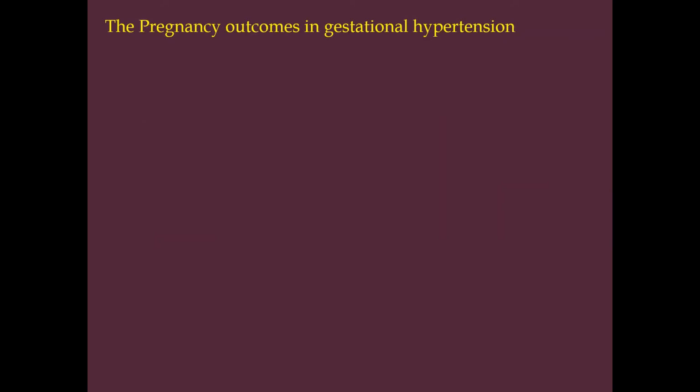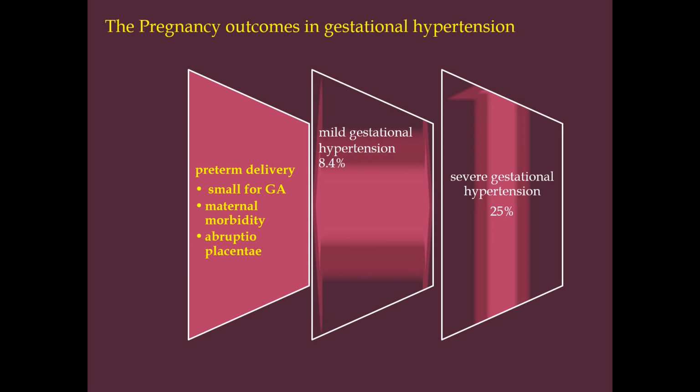As you can see, the pregnancy outcome in gestational hypertension is not without risk. If it is severe, early onset gestational hypertension, 25% will develop preeclampsia. In mild gestational hypertension, 8.4% will develop preeclampsia. The sequelae of gestational hypertension could be preterm delivery, small for gestational age, maternal morbidity, and abruptio